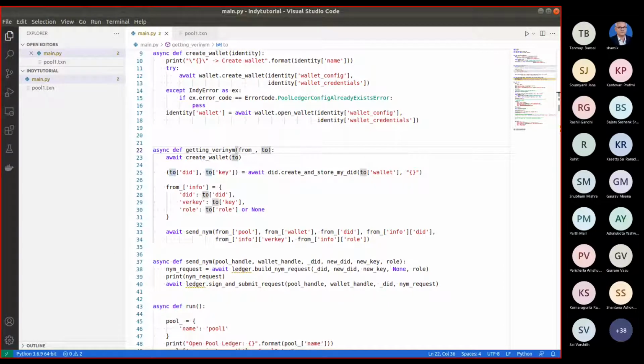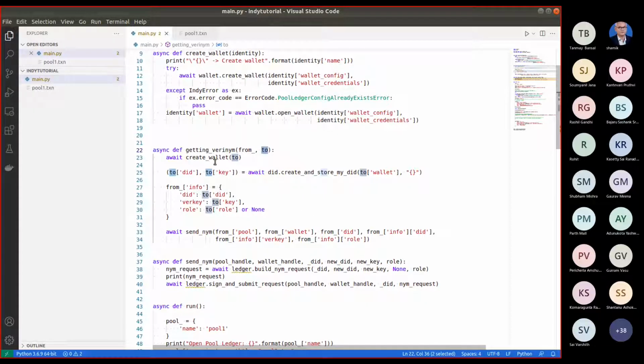Okay. So here the from and to will be the steward, and I mean who is registering. From means who is doing the transaction. So in our case, all DID registration transactions will be done by the steward. Okay, and the to argument is basically the participant for which the steward is registering the DID. So the government, the university, and the company at one point.